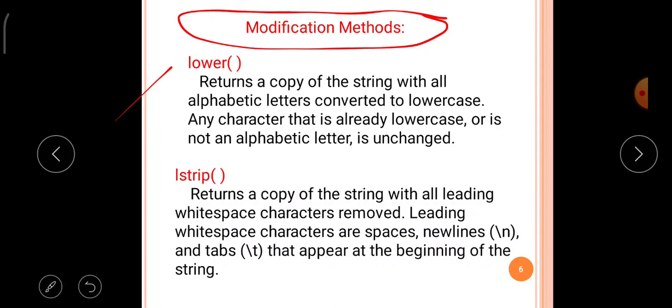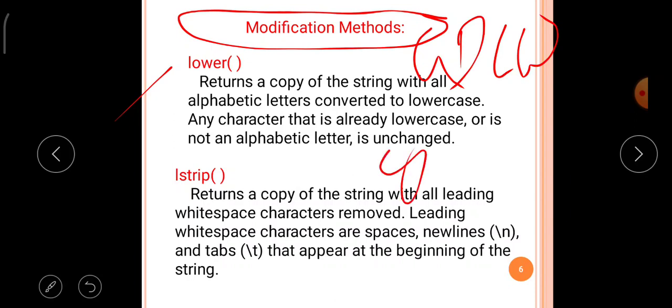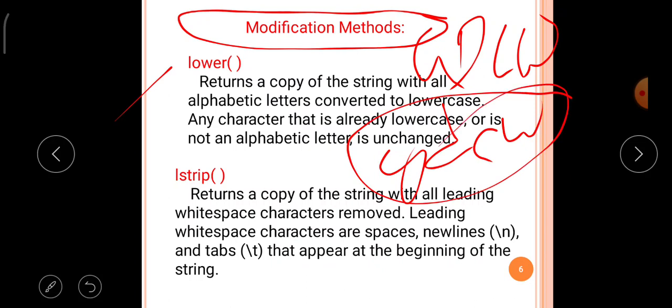The lower function is a built-in string method available in Python. It receives a string and converts all characters in the string into lowercase. For example, lower of GDCW returns the string in lowercase format.